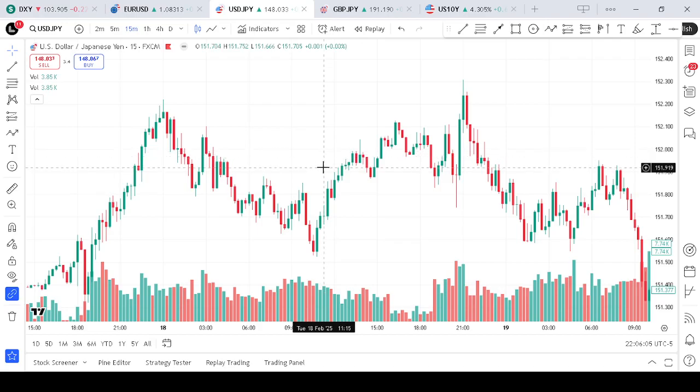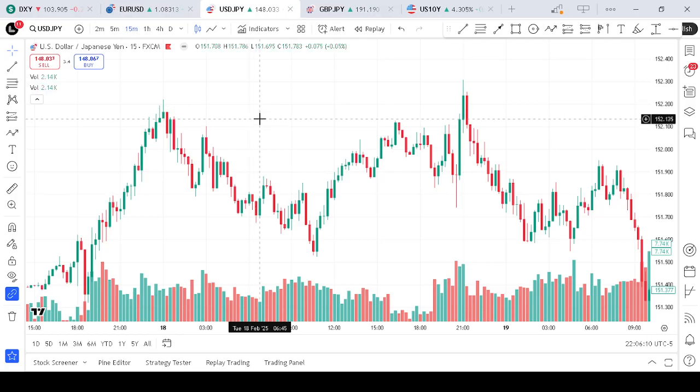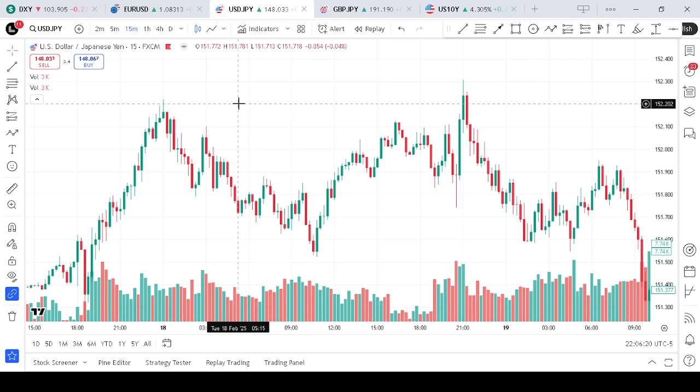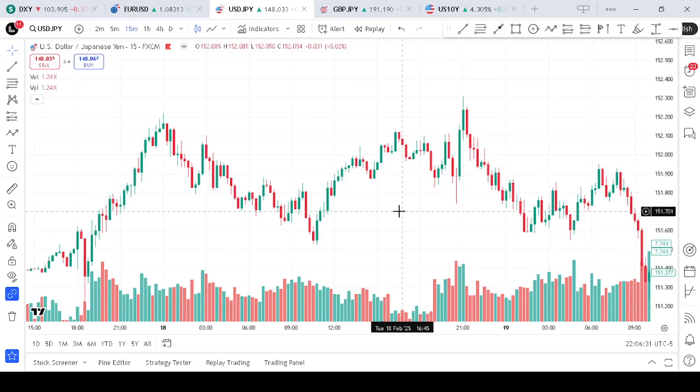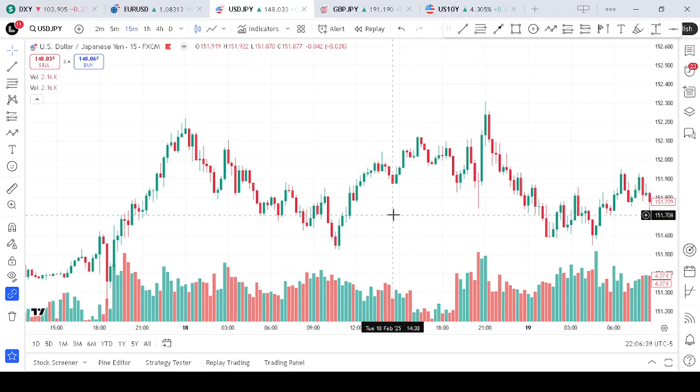The fourth mistake that we need to avoid is neglecting risk management. Failure to implement a proper risk management strategy can be detrimental. Always use stop losses and only risk a small percentage of your trading capital on each trade to protect yourself from significant losses. This means that you are only allowed to risk at most 1 or 2% of your trading capital per trade when trading this technique or this strategy,